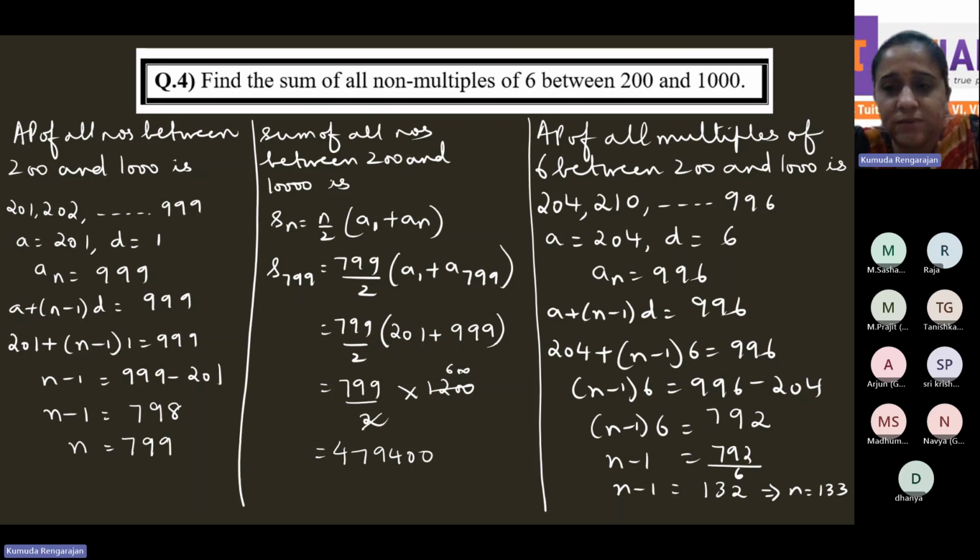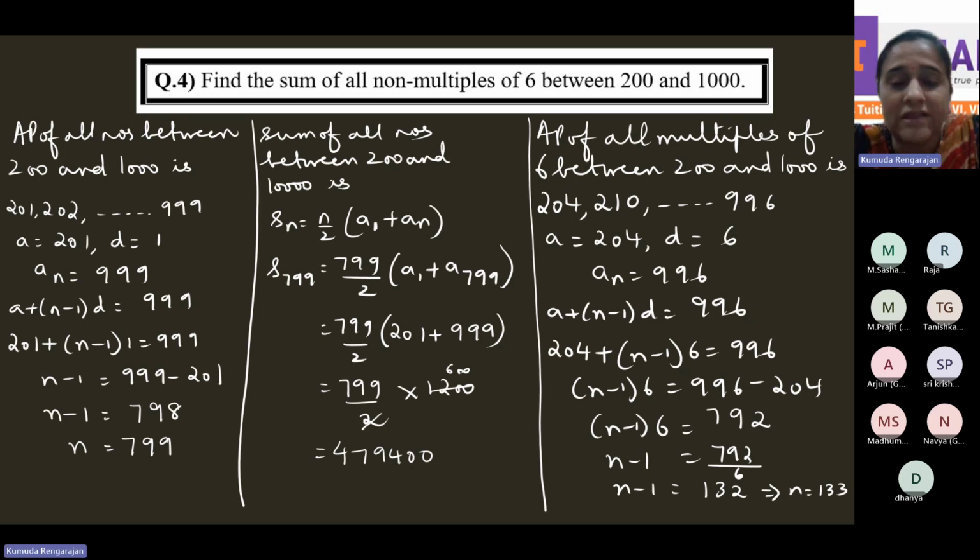Yeah, so the range is specified between 200 and 1000, so not to include 200 and 1000. So step one, we first generated the AP of all the numbers between 200 and 1000: 201, 202, and so on till 999, where the first term is 201 and the common difference is 1. With the help of 999, we find the number of terms,